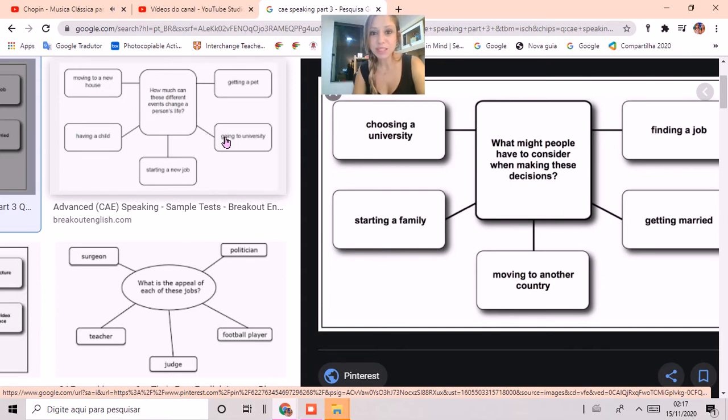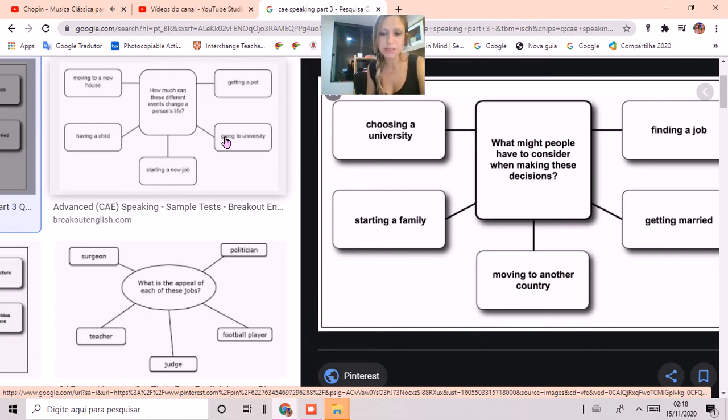Okay, so when you say this, don't you think you're giving your friend an opportunity to talk, okay? So if you start, it's a good idea to give a hint so that the other person starts talking too, okay? And what the other person is going to do is to complement your idea, to continue talking about the topic you said, okay? To expand your idea, and then he probably will start talking about something else.